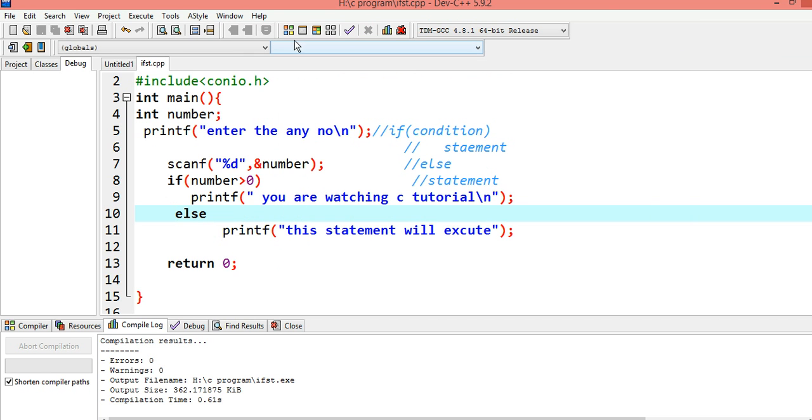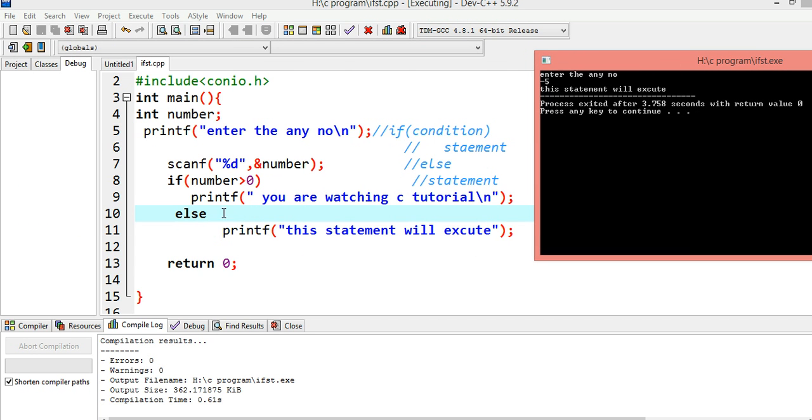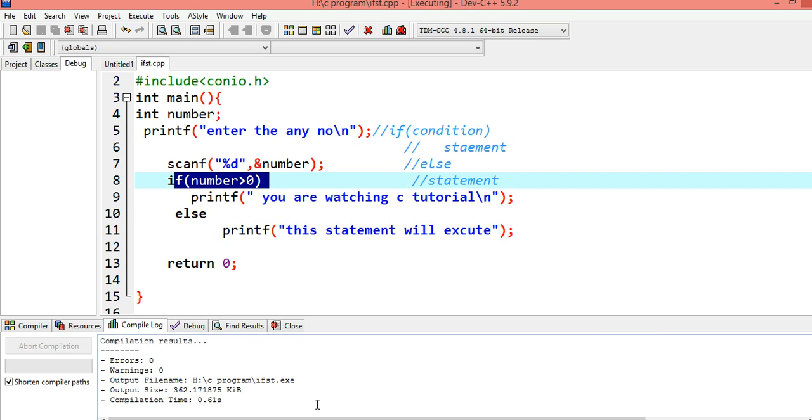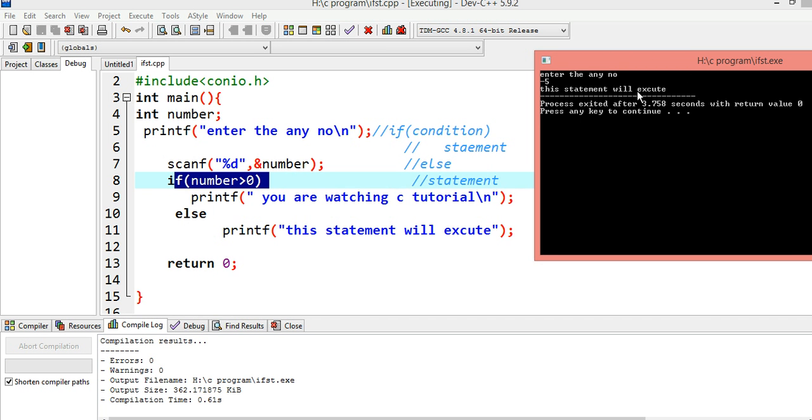Okay, again let us run. Let us suppose I enter -5. This statement will execute. My condition is that if this number is greater than 0, but what I get is this statement, because -5 is not greater than 0, it is less than 0, so the condition is false, so this statement will execute.